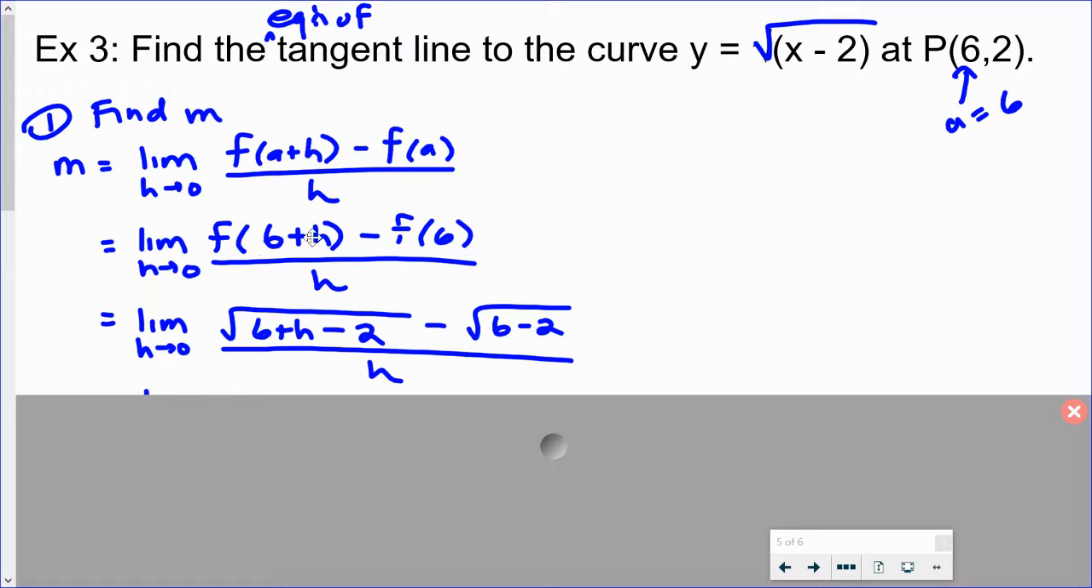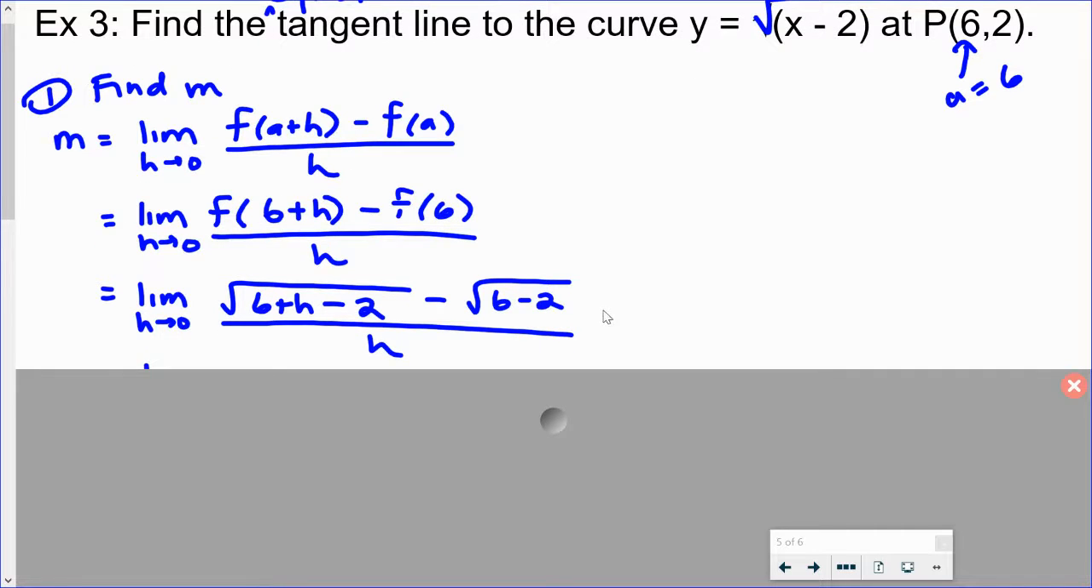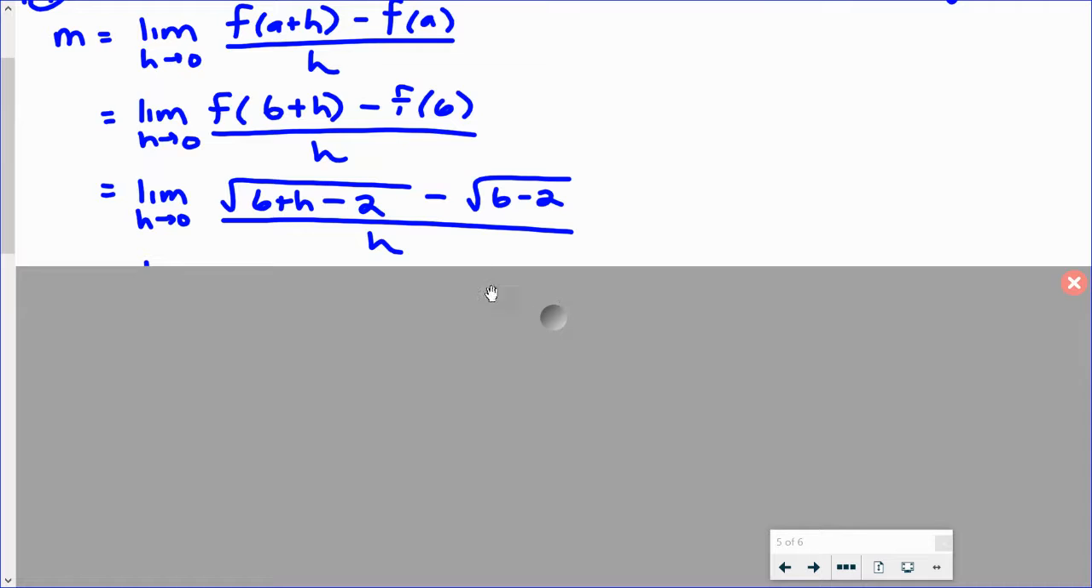When I plug this value in to my function, I'm going to get the root of 6 plus h minus 2, because it's going to just go in right here where x is. Likewise, when I plug in 6 for x, it's just going to go right here. I'm going to get the root of 6 minus 2. And it's still being divided by h, so I can't apply that limit. I can't plug in 0,